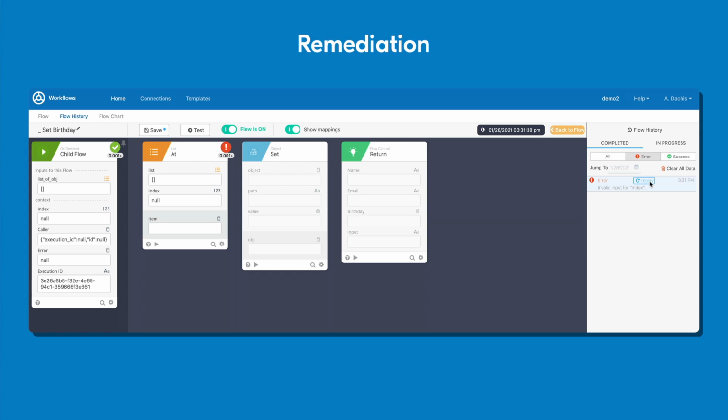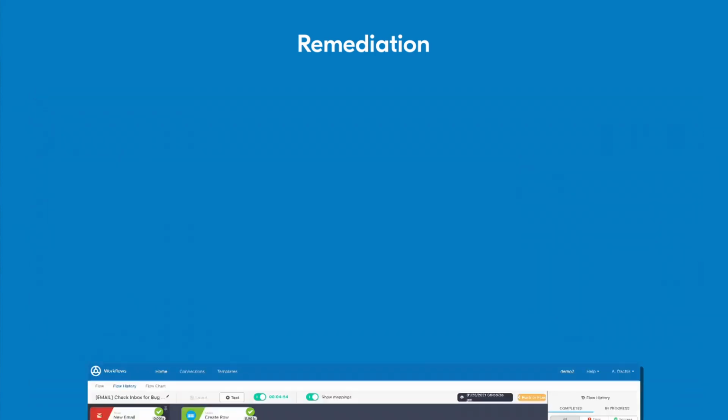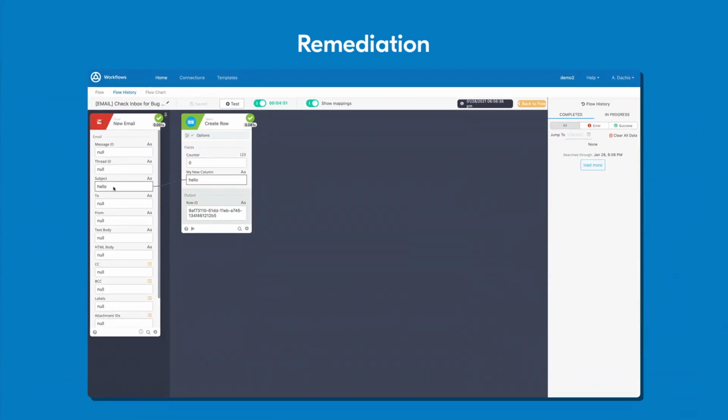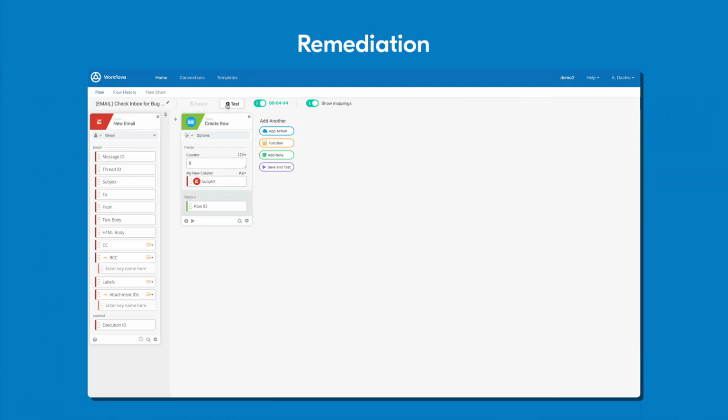You may also have cases where you've added new cards to a flow. Replay will also not use the new cards and replicate the original flow in this case as well. If you want to retry from the beginning of the flow, copy all of the output values from the execution history you want to retry. Test the flow by manually entering the copied values and hit Test.